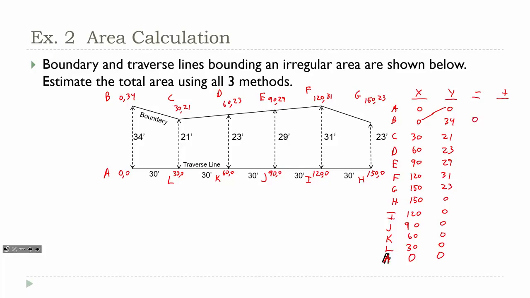All right, so we've got 0 here, 34 times 30, 9. So then 21 times 60, so we're just going in this direction. 1260, 23 times 90, 2070,